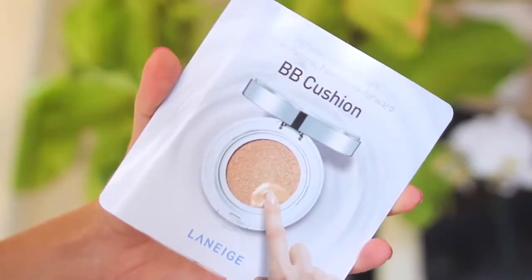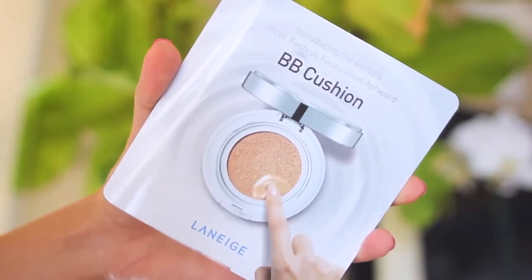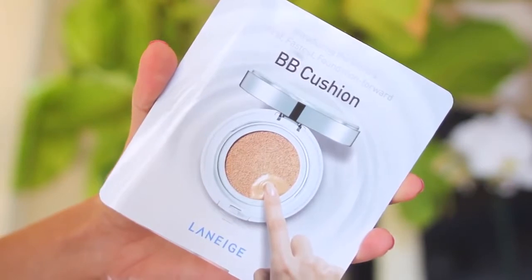BB creams are the bomb.com in summertime, and today I'm going to be using the Laneige BB Cushion in the shade Medium. I had a few sample sizes of this and ended up getting the full size because I love it so much, but this is basically a 5-in-1 skincare product, so it brightens, it conceals, and it has SPF 50 in it, which is so awesome, especially for a makeup product. This just makes your skin look flawless, it lasts all day, and you just can't beat a good BB cream